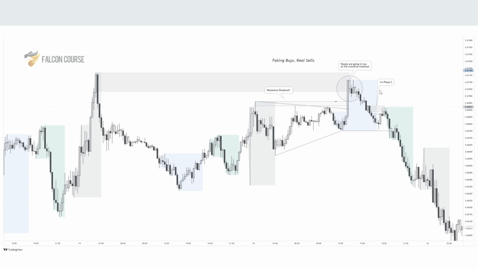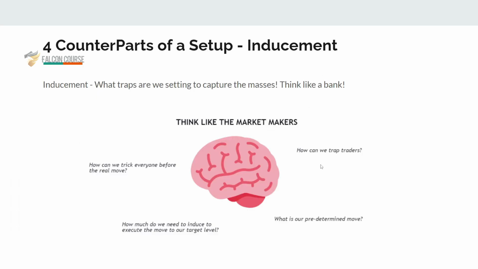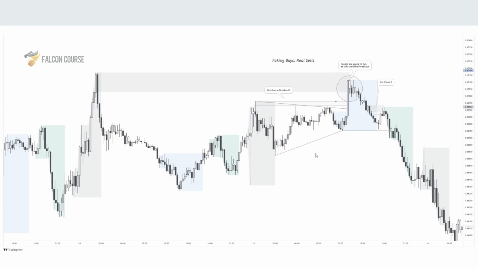So just looking at what's happening here with entry, we have that vector level. We respect it. Hop on the 1 minute because this is a 5-minute setup. On that 1 minute, we have our phase 2, okay? That original money got moved to this singular point here. So we always start to see where that money moved, down, down, down. 1 minute detachment, 1 minute entry, okay? So we're selling while the masses are buying because we're thinking like the market maker. So that's kind of inducement.